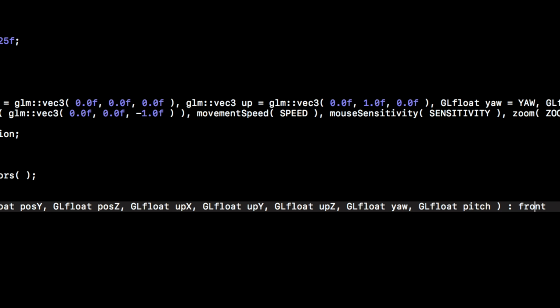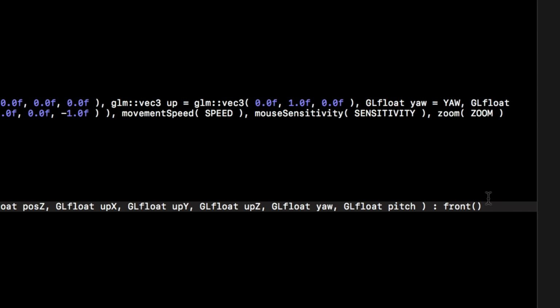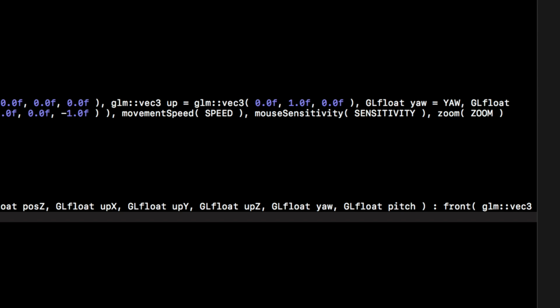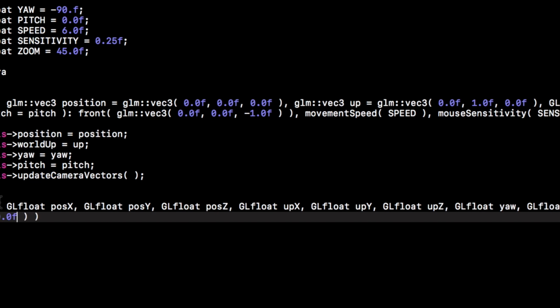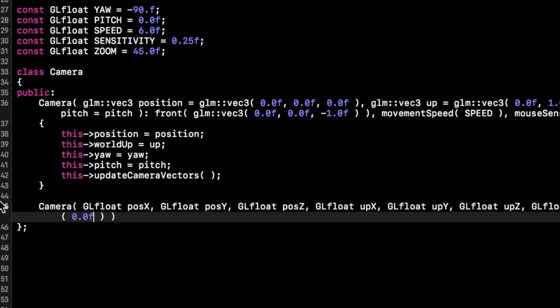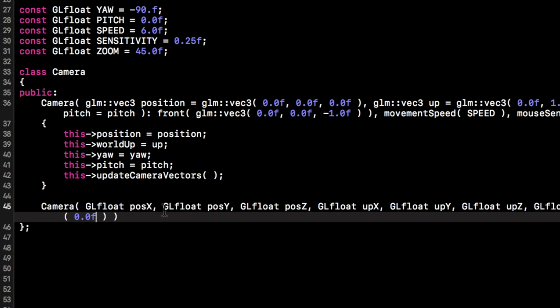So we're going to get rid of this, move this over a bit. I'm going to put glm::vec3 0.0f, 0.0f, 0.0f again,